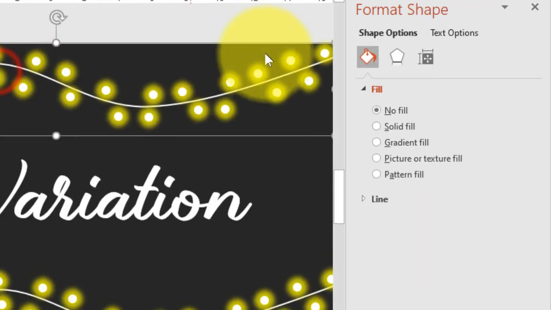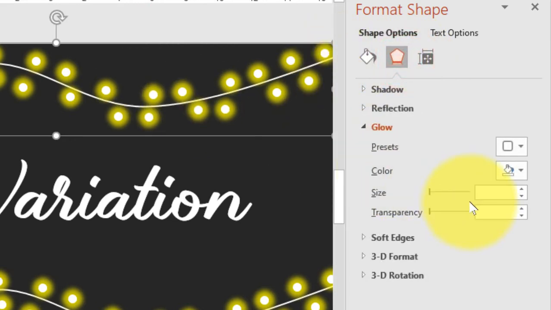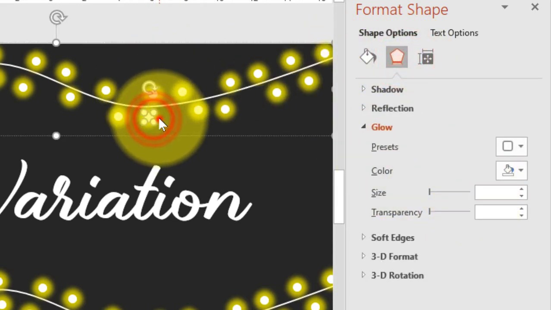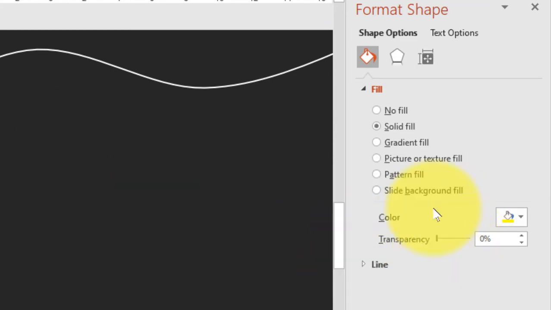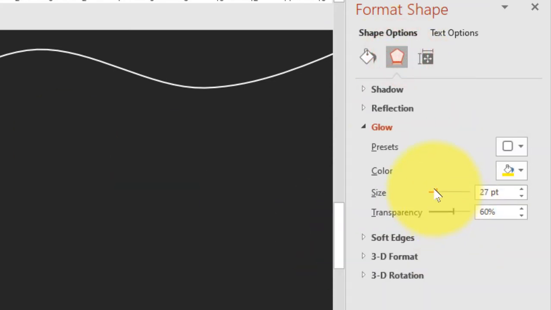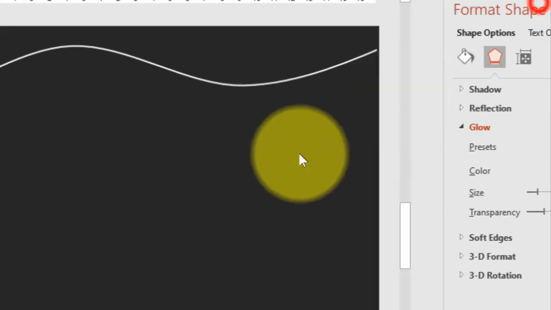In my case I have done 18 points. If you want, you can do 18 points or whatever you want, and then set the transparency to 40 or 41%. That's fine for me just now.